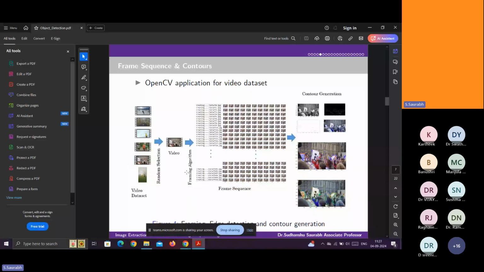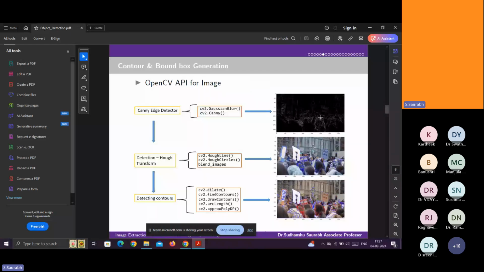Again, the same technique that we applied in the video, the same technique you have to apply here for the random selection of the image, and then apply the Canny or the Gaussian blur. Then you see that the maximum part of this particular image is black and some part of the image is gray. So why does this happen? Because of this Gaussian blur and the Canny algorithms. Once you are invoking these two algorithms, it will generate this kind of image.